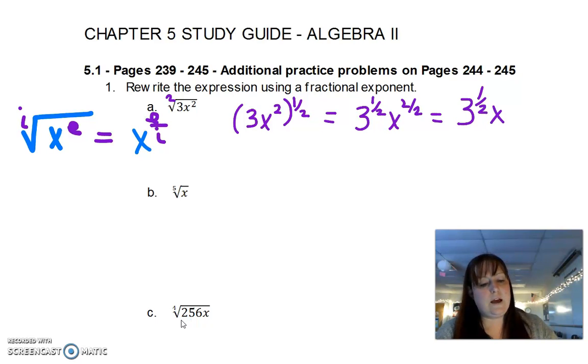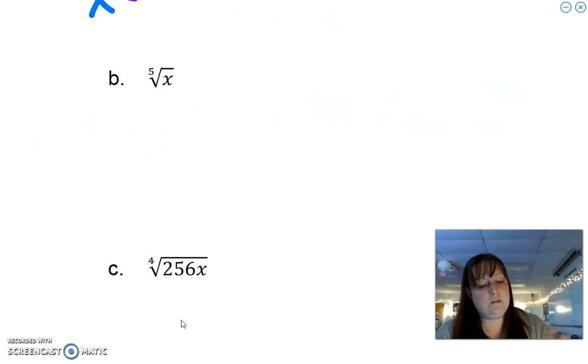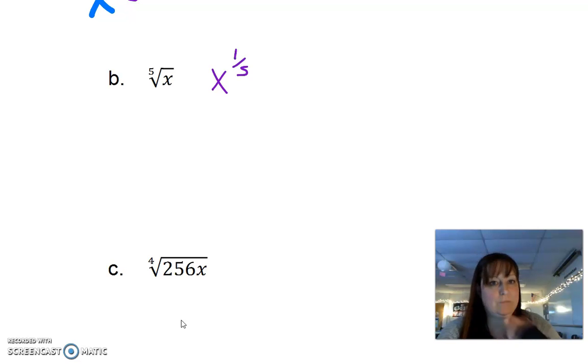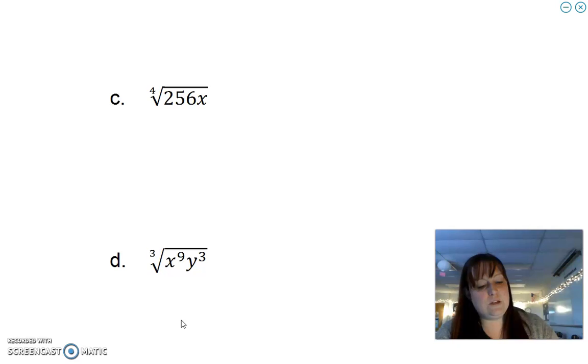All right, the next one would be x to the 1/5, because we have the exponent, which is 1, over the index, which is 5. Okay, that one should be pretty easy. All right, so this one is